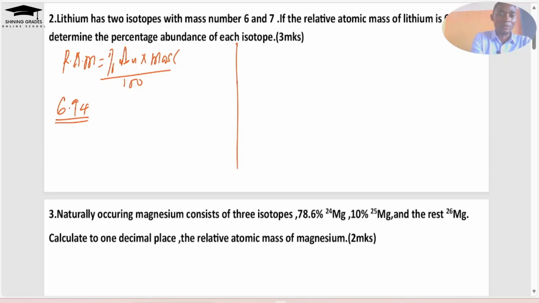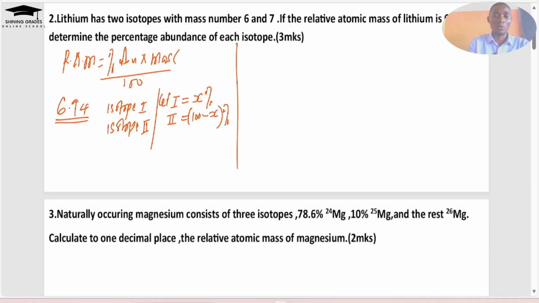So now that we are not given the percentage abundances of these isotopes, we are going to have isotope 1 and also isotope 2. And we shall let the percentage abundance of isotope 1 be X and the percentage abundance of isotope 2 be 100 minus X. We are taking 100 minus X because percentage is always equal to 100, and therefore if I use X as the percentage abundance of isotope 1,